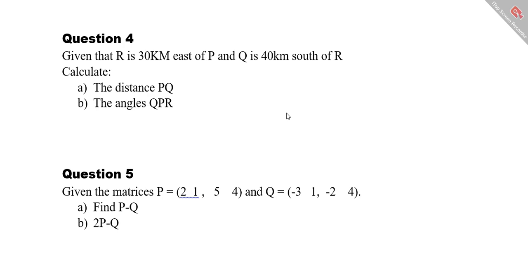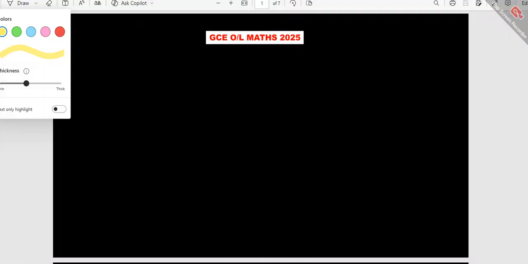So today we shall be continuing with question 4. Question 4 says, given that R is 30 km east of P and Q is 40 km south of R, calculate the distance PQ and the angle QPR. Alright, so the question says that